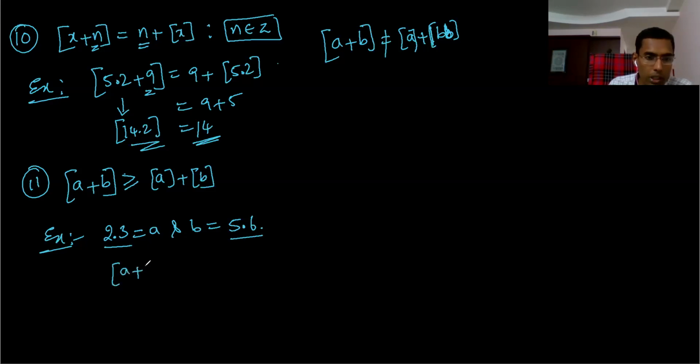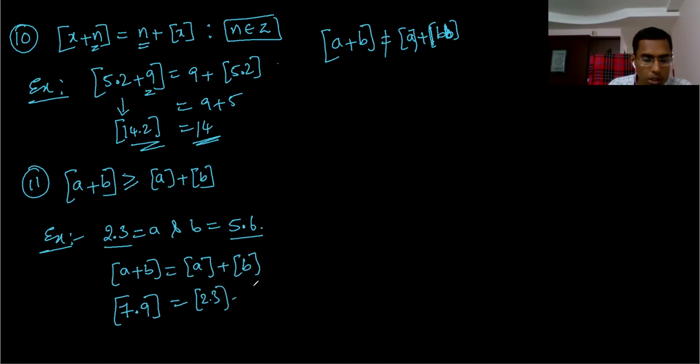Now the integral part of a plus b equals the integral part of a plus the integral part of b automatically, because together it is also 7.9. This is 7.9, and this is the fractional part. This is 2.3 plus this is 5.6. It will not be more than 1, right? Total together only 0.3 plus 0.6. It is less than 1 only. The sum of the fractional parts is less than 1. That time you will get equal. So 7 equal to 7 you are getting. So equal is possible when the sum of the fractional parts is less than 1.